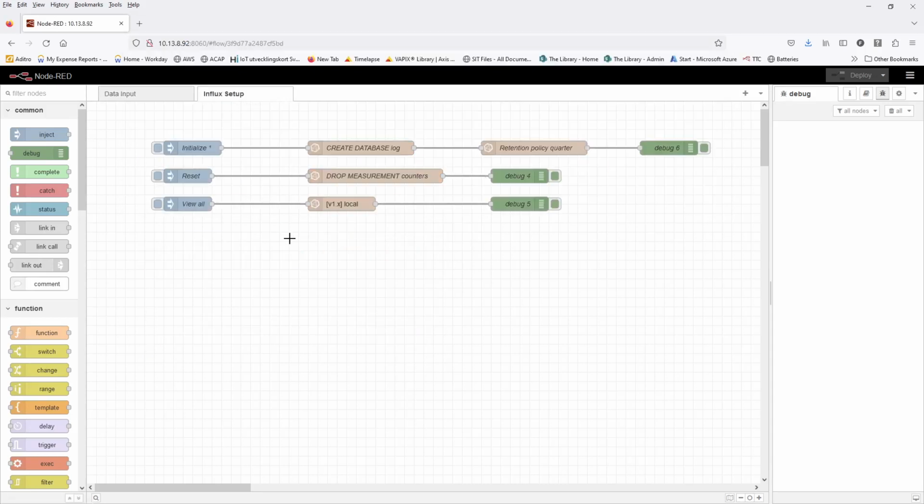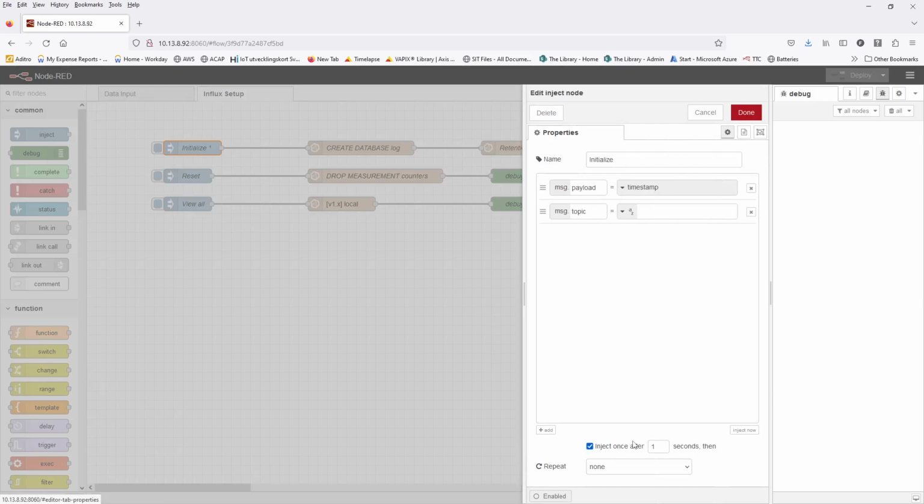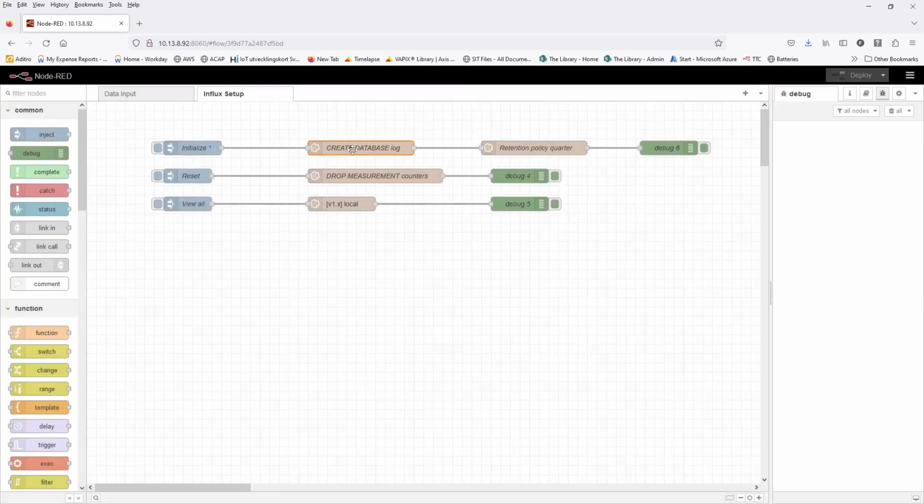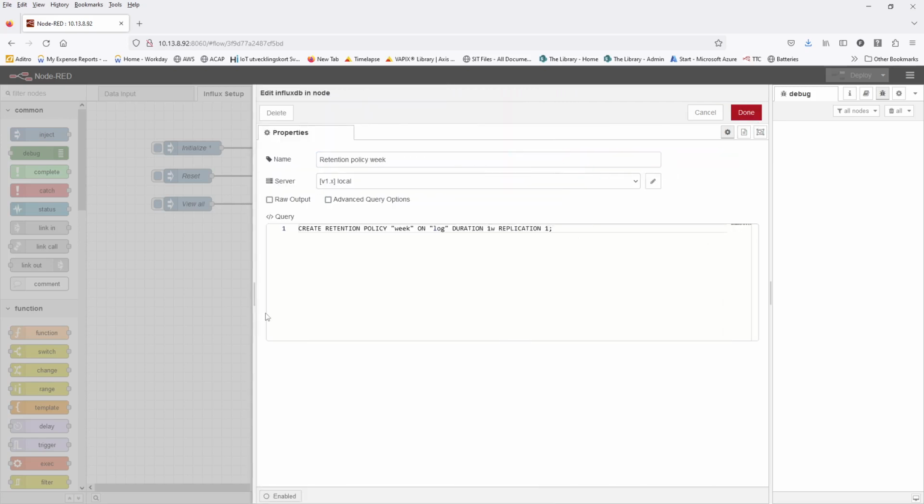So just going into the Influx setup. As you see here, there is an inject node initialized, and you see 1 there, meaning that this is going to be injected once after Node-RED starts. So it will automatically create a database called log. And also, oh, it's not going to be quarter, it's going to be a policy week. So it creates a retention policy for 1 week, meaning that data older than a week will automatically be